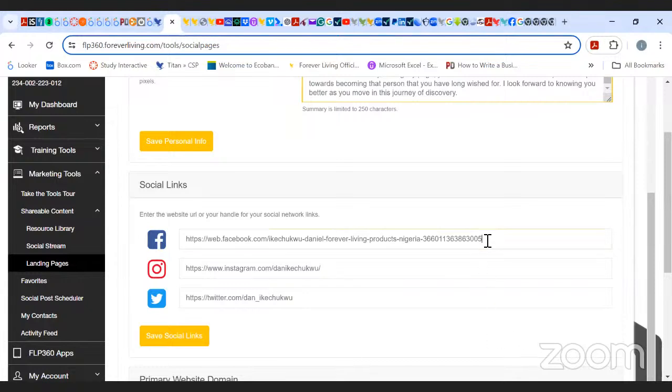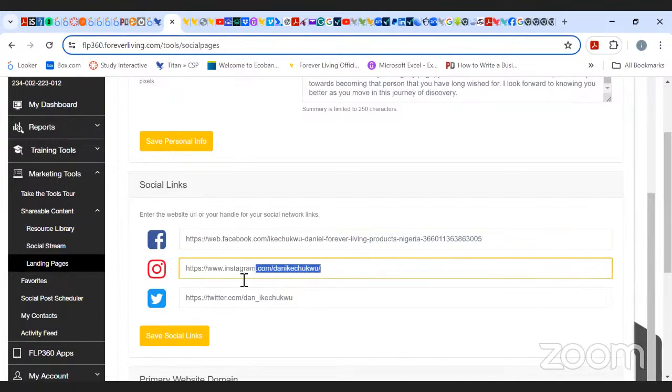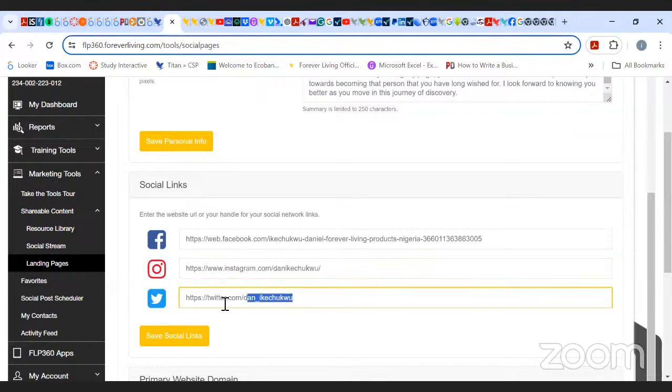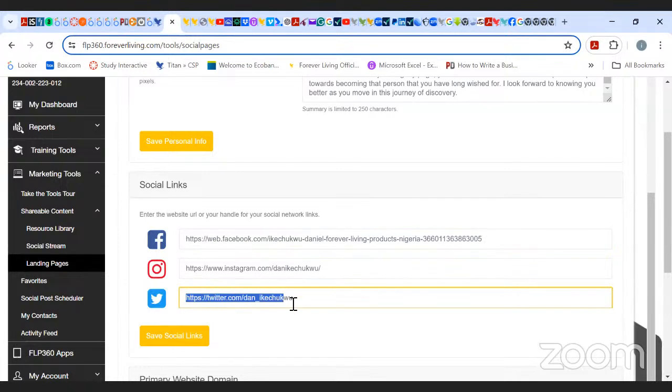So this is your Facebook link, your Instagram link, and this is your link on X. Those are the three socials that FLP360 currently accommodates. Once you have these three here, your Facebook link, your Instagram link, and your X link,